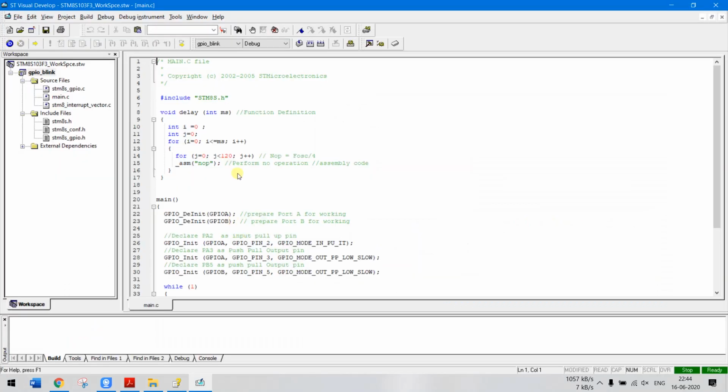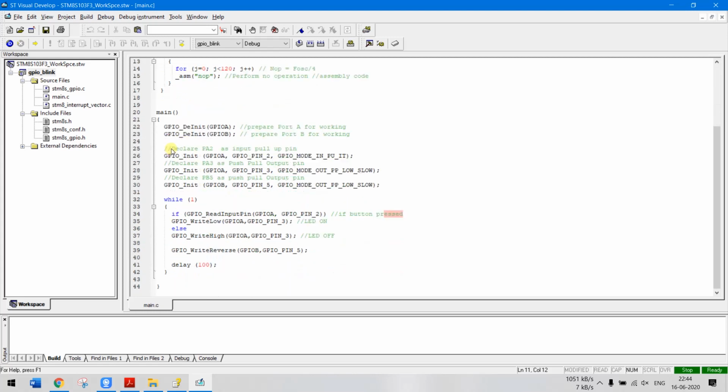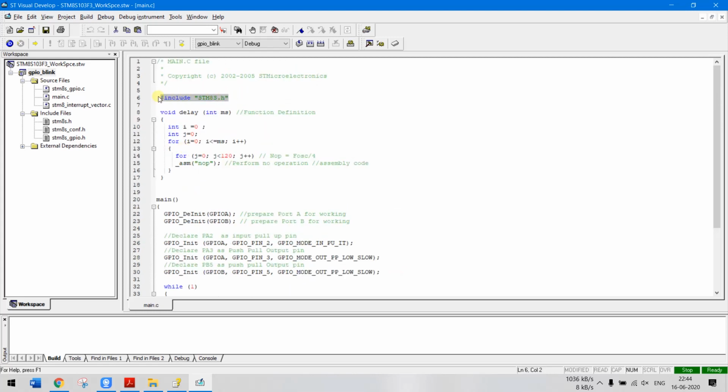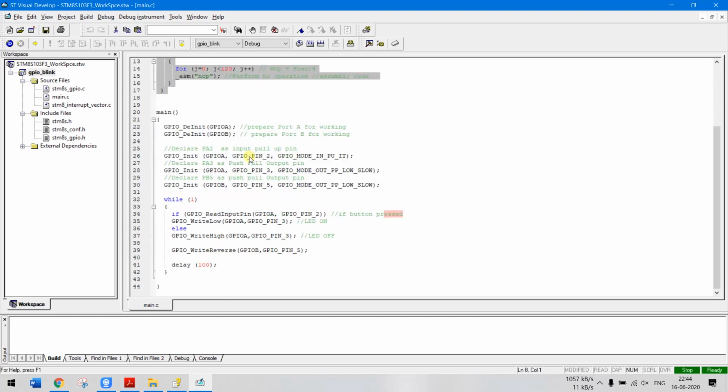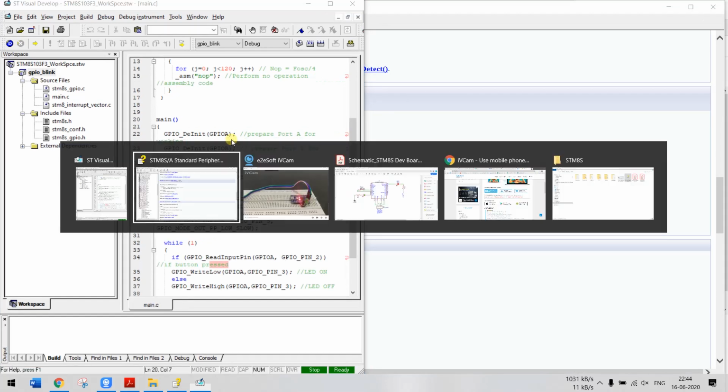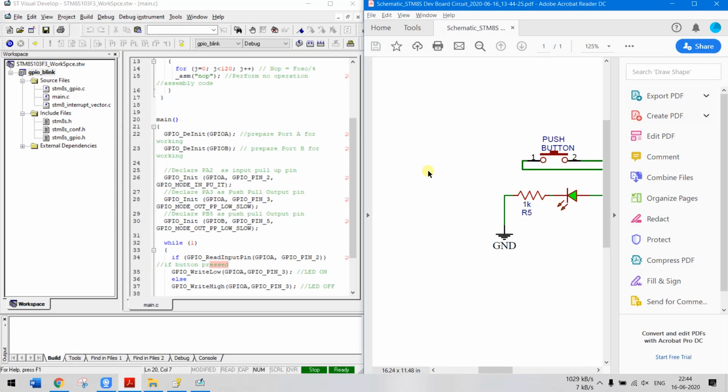So let's go back to the program and we will start with the main part. This is just the header file. This is a function I have written to introduce a delay. We'll get to that later, but let's start the explanation from the main part. In the main part, we start the program by deinitializing port A and port B. That is because we are using only